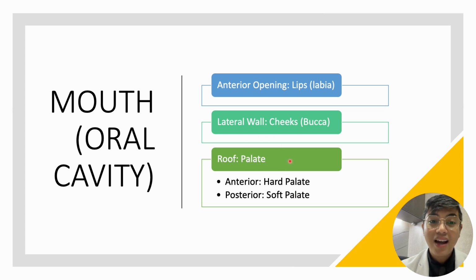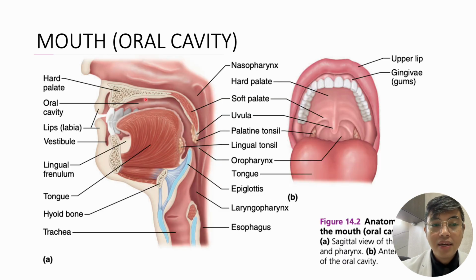In Filipino, it's ngala-ngala. Now, our palate, on the anterior aspect, would be the hard palate, yung matigas. And the posterior, yung mas nasa likod, would be your soft palate. As you can see here, bakit siya matigas? Because there is a bone that serves as support for your anterior palate. While the soft palate is soft, the name itself, para mas magaan lumunok at mas madaling lumunok.